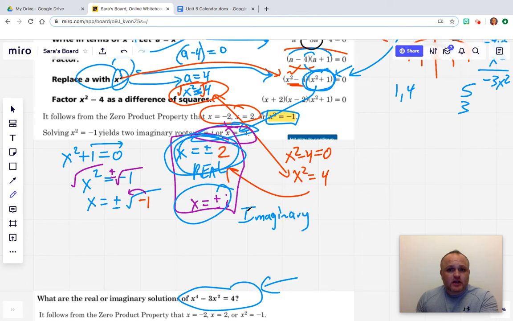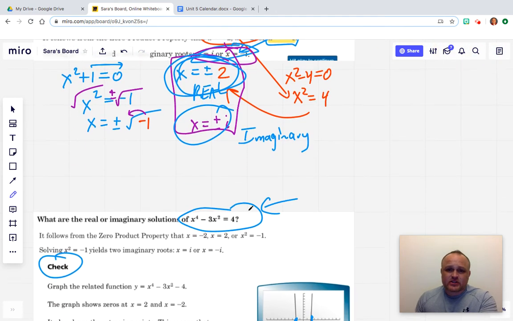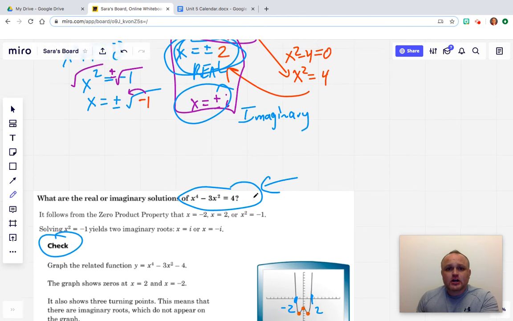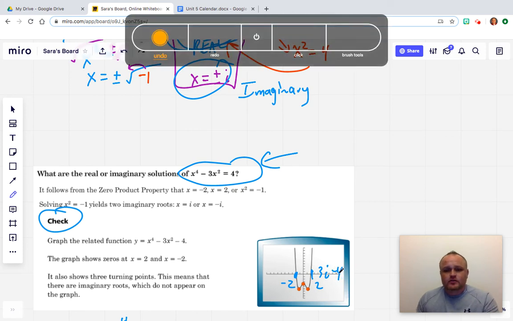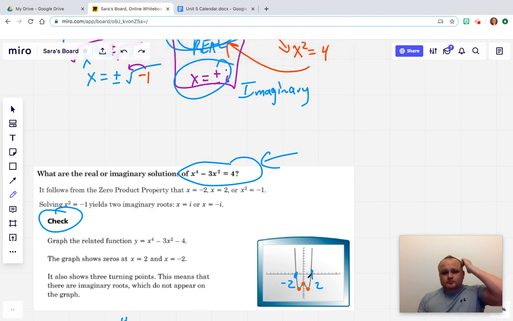Okay? And imaginary, it'll still change directions, it'll still curve or bend, but it never touches the x-axis. Like, we don't know where i is at. You know what I mean? We don't have an i here or a 3i there and a 4i, you know what I mean? We don't have that going on as far as the real number line, the x-axis. But